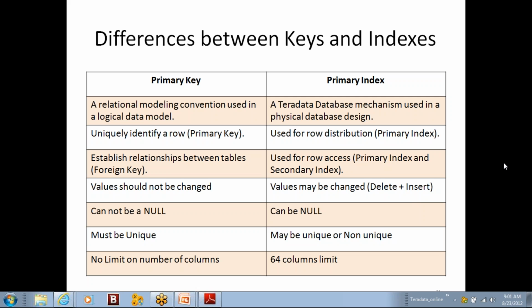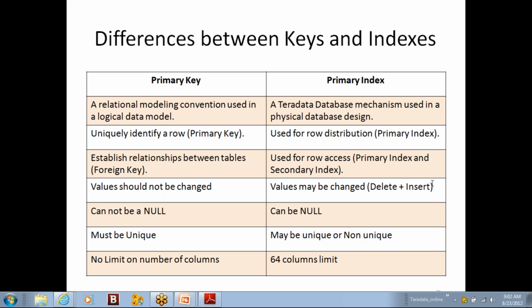And there are some other questions. Let me see. Is it a good choice to choose a column which has nulls as a PI? How is the distribution handled in case of PI nulls? If there are a large number of nulls in the primary index column, all those null values will be inserted in the same AMP. So nulls also have to be considered when checking the duplication. If there are only a certain number of nulls in the table, like 10 or 20 out of a million records, it may be okay. But if almost half of the records are null, then again it would skew. All the nulls would be inserted in the same AMP, so it is not a good choice for a primary index.